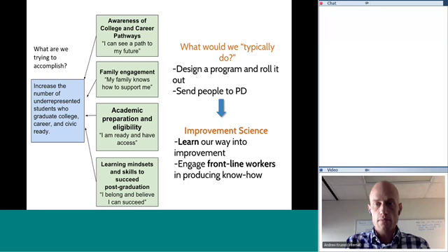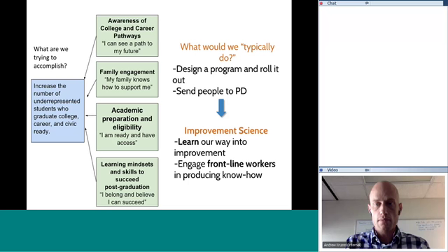And one of the big things we're going to do is whoever owns the processes we're trying to improve, they are going to be the ones who are actively engaged in trying to figure out how to improve those. And that different way of going about it is what's going to drive the need for a different kind of measurement. Because if we had a program design, we could do a typical program evaluation